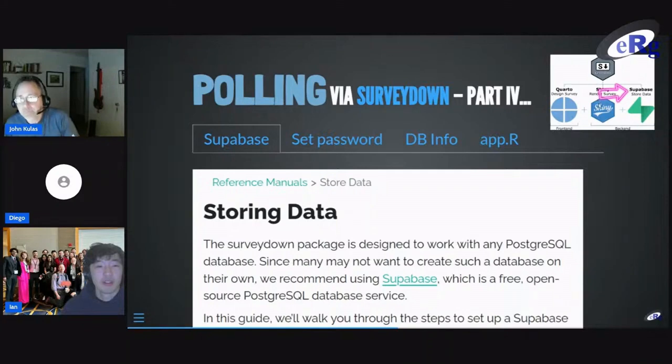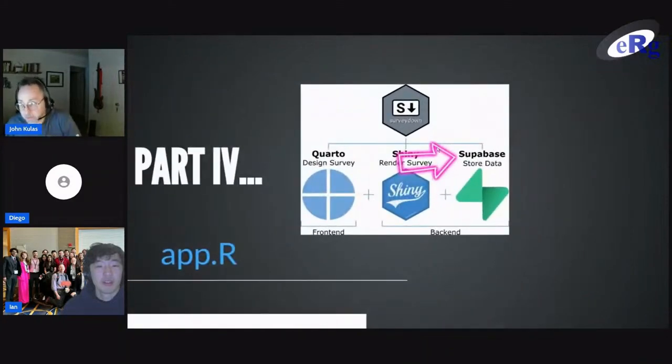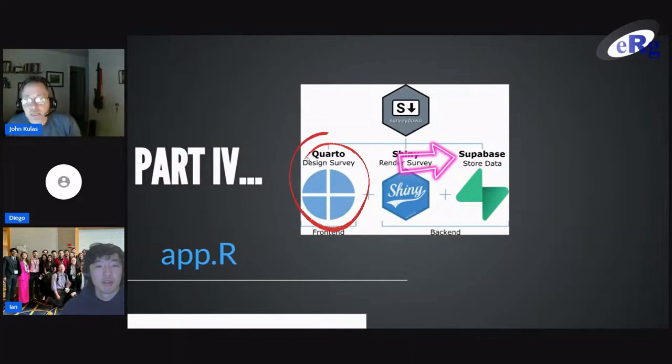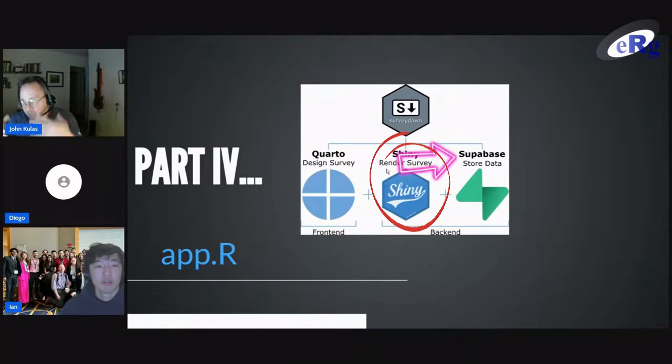If you take a look at the schematic here, the Surveydown package itself has 3 primary components in terms of getting a survey to work. One is the survey content itself, which is done fully in Quarto, a QMD file. The actual launching of it, what the respondent sees, is done through a Shiny app. The Shiny app takes the content in the QMD file and ports it over to an interactive interface. And then last week, we finally tried to integrate a database